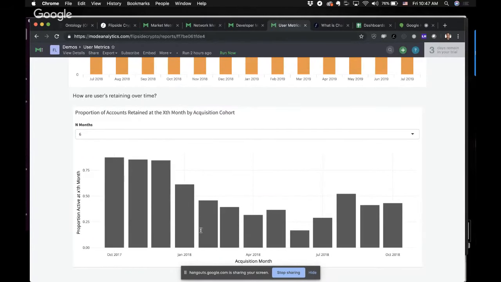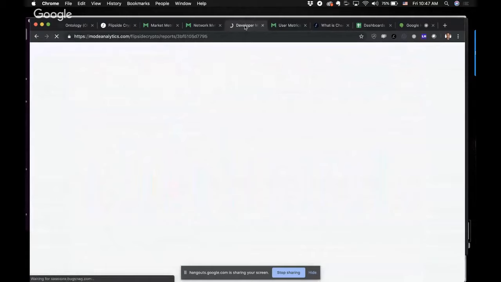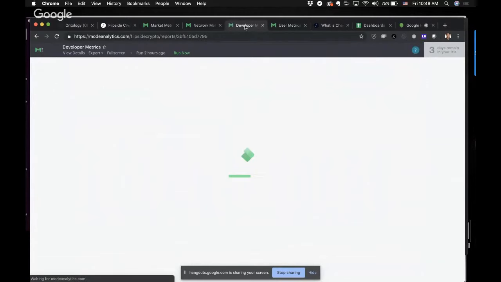But here's a good one. If you want to understand whether you are retaining customers over time, this is an acquisition cohort. Right here, August of 2018, whatever you were doing then, 6 months later you only had about 20% of users stick. If you get out to August, you're now over 50% retaining. So whatever product you launched in August probably did better than what you were doing before. Important types of behaviors we can track, and we can get into developer metrics and a whole bunch of other fun things like that.